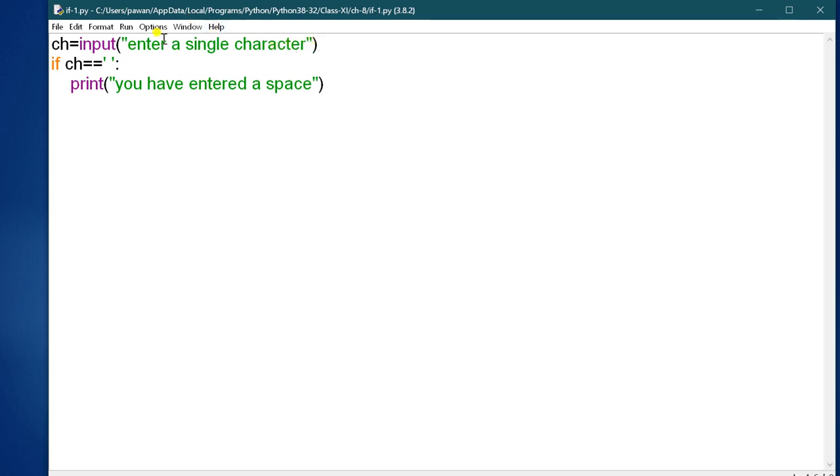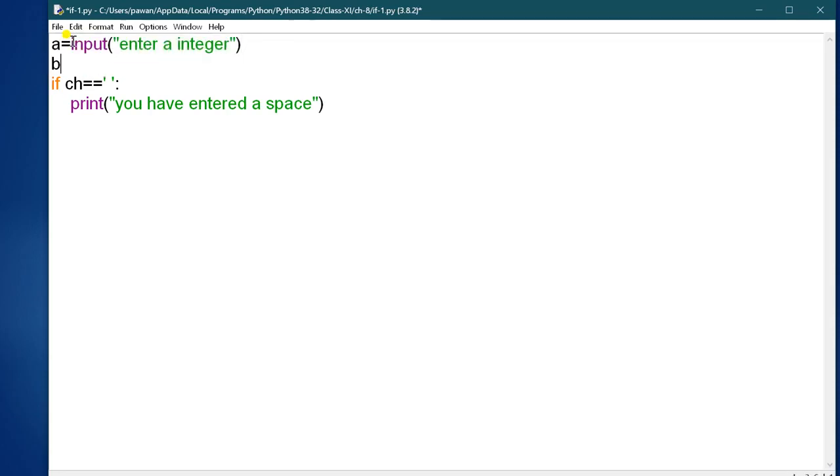For example, I am taking a variable a, and I am writing enter integer, and b is enter another integer.